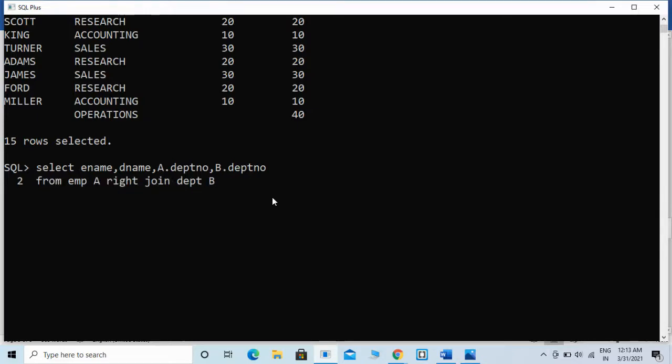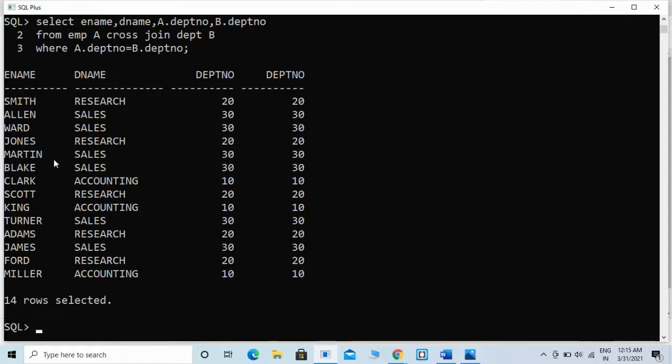Select ename, department number from employee table and department table, where a dot department number equal to b dot department number.